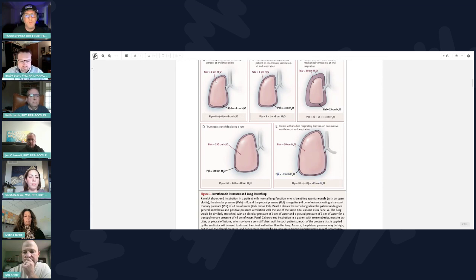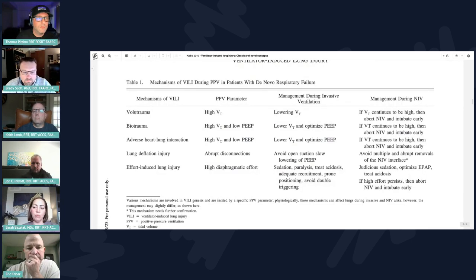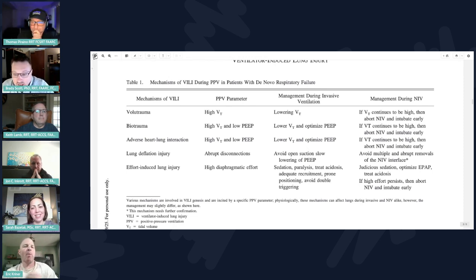So sometimes we think we're not giving high levels of pressure, or they're on NIV, so we can't possibly be causing ventilator-induced lung injury. I thought that had to be an intubated patient, but clearly it can happen with spontaneous breathing patients. So I'll let you go ahead, Brady, since I got this queued up just for you. I have a bit of a hard stop here in about 1 minute, so okay. I can't elaborate a whole lot, but I will, for the sake of giving people some reading and homework.